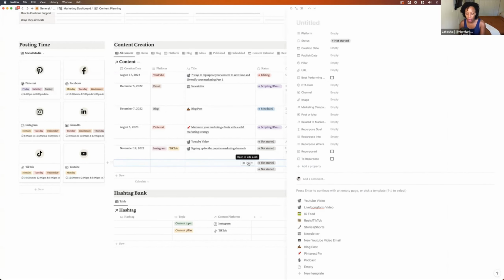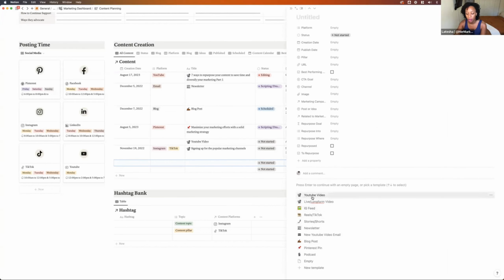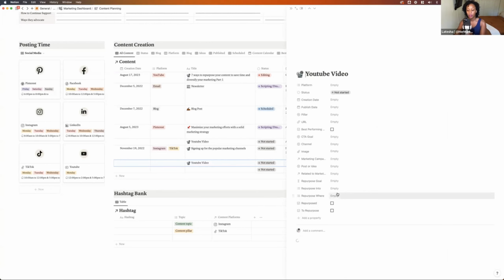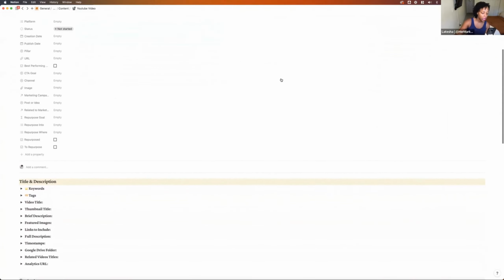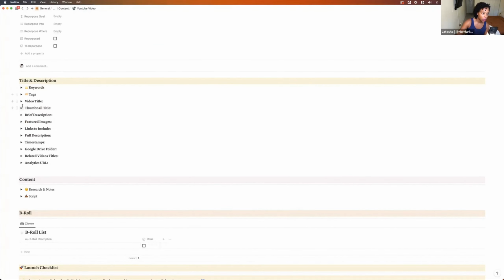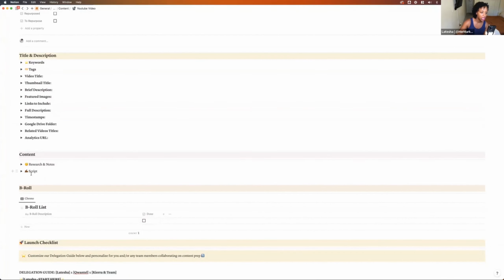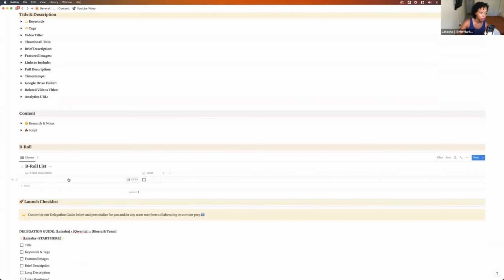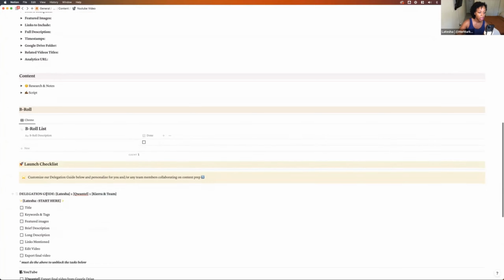And if you guys can see, there are templates for all of the major types of content that you would create. So if I said, oh, I'm making a new YouTube video, it's going to bring up a template that has everything that you need for your YouTube video: your keywords, your video title, your thumbnail title, your description, all the things that you need is all in here. B-roll, if you really care about editing your doggone YouTube videos, your checklist,